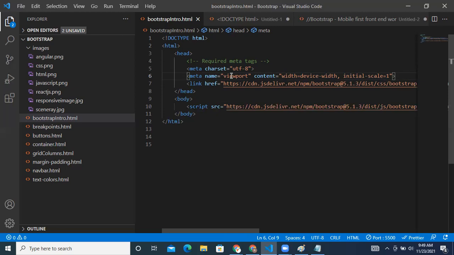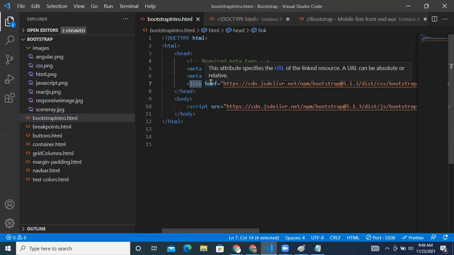If you are using Chrome, it is the best, but if you are using some other browsers, sometimes it will not support. At that time the meta tag is useful because it will check the content of the web page and the device width of it. For making a responsive web design, these things are required. That is the reason the meta tag should be added in your HTML code. This link is a bundle of CSS.